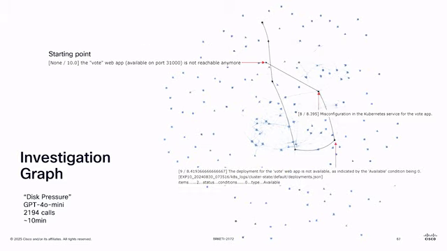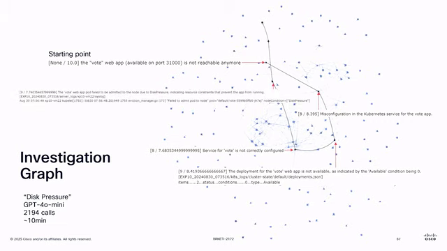Next one is, I formed that hypothesis, I retrieved data, and I found some information in deployments.json, so a config file, that allows me to reformulate my hypothesis, where it says, like, the service for the vote app is not configured correctly, maybe. I retrieve additional information for that hypothesis, and this time I found a syslog file, and this syslog file says, failed to admit port to node. Now that gets me a little closer.